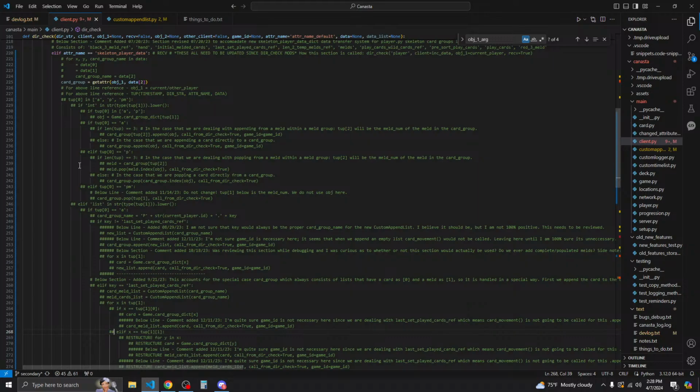Alright. Then we say if X is equal to 1, so if this is the second entry in the tuple 1, then we say for Y in X, because this is supposed to be a meld, which is a list.